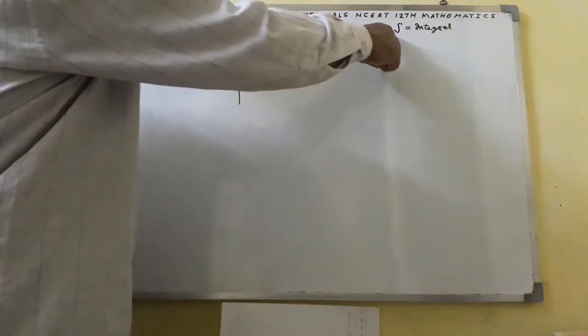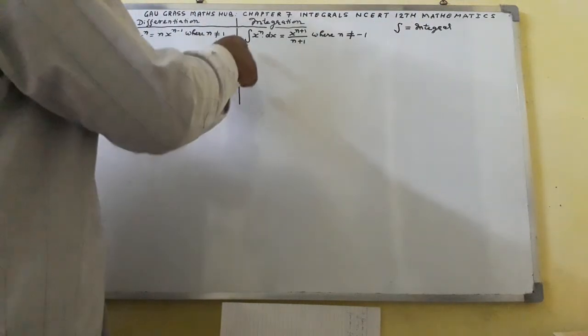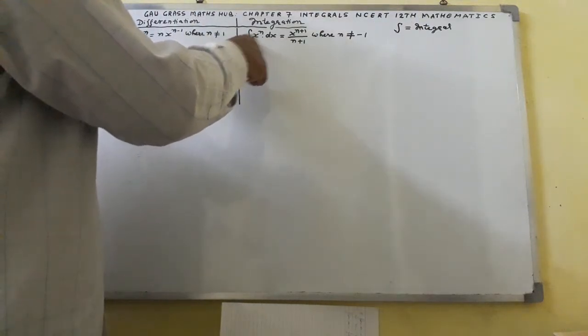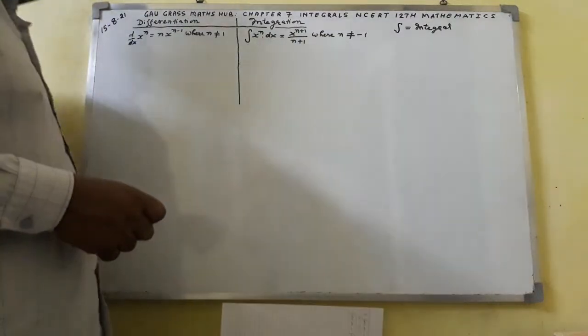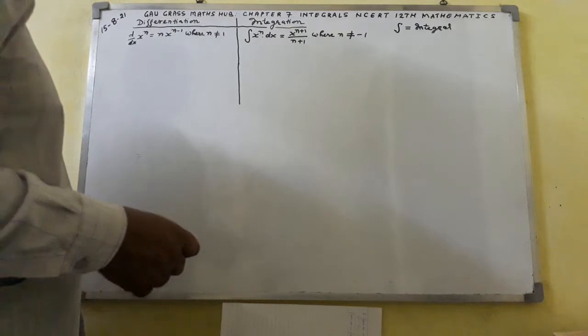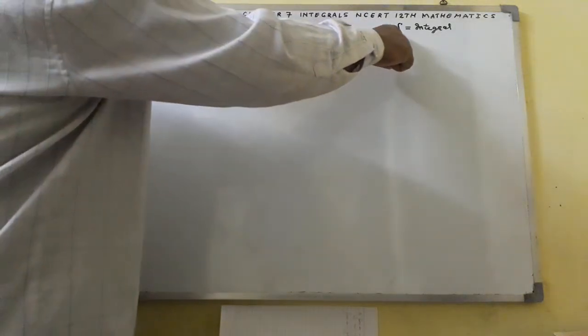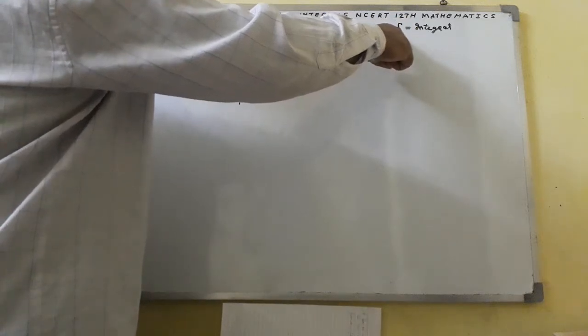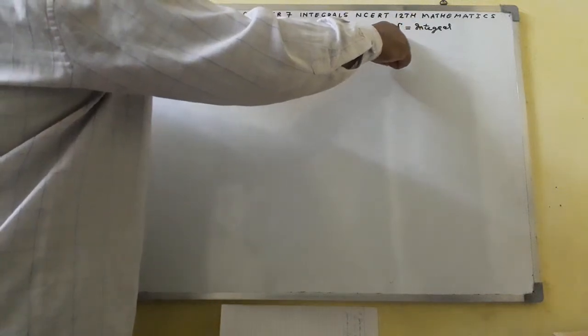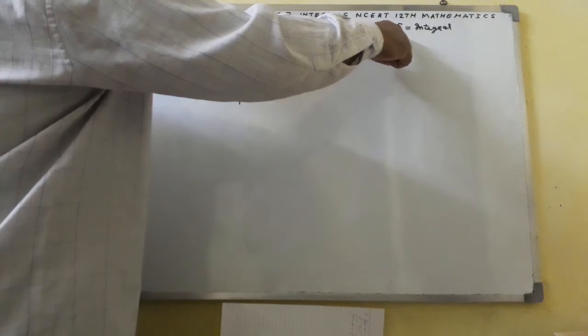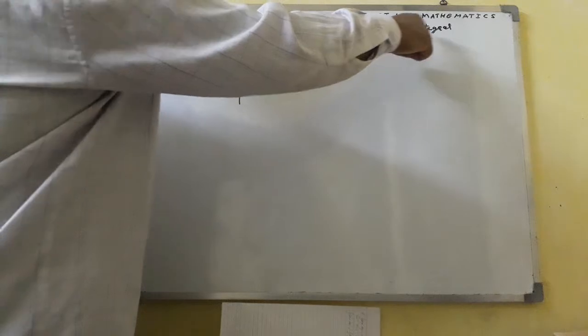Here this notion is integral. This is the notion of integral. Since we are going to study integration, this notion you must keep in memory. This notion is known as an elephant's trunk notion. This is integral.